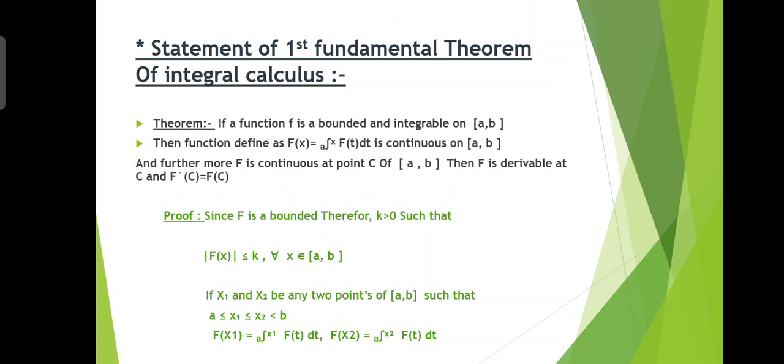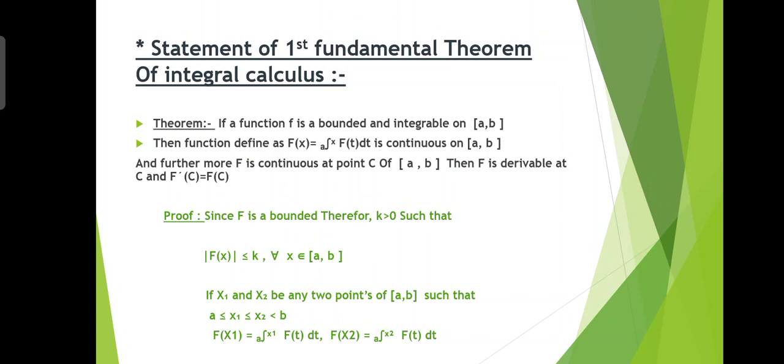Now we will see the proof. Since f is bounded, therefore there exists k greater than 0 such that the modulus of f(x) is less than or equal to k for every x belonging to the closed interval [a, b]. If x1 and x2 are any two points of the closed interval [a, b] such that a is less than or equal to x1, which is less than or equal to x2, less than or equal to b, then F(x1)